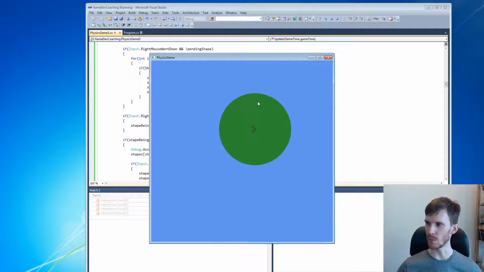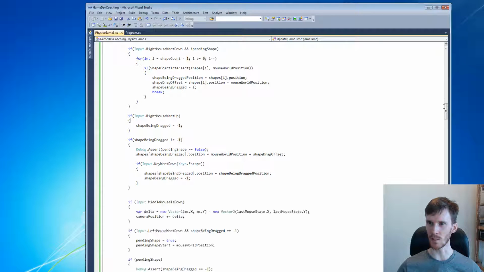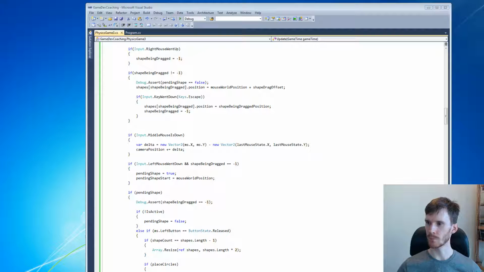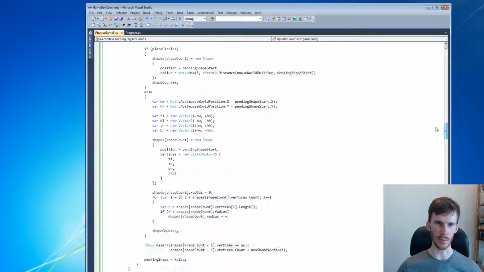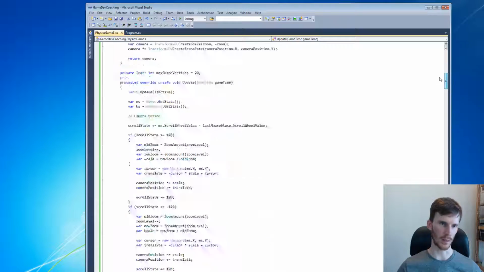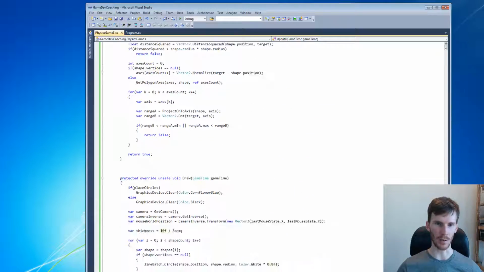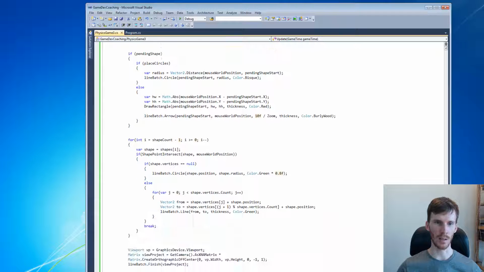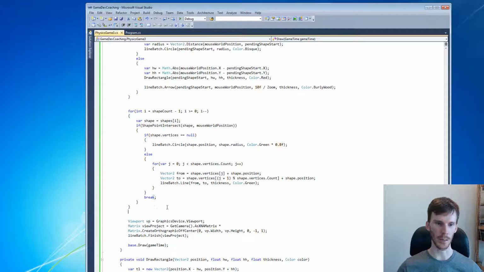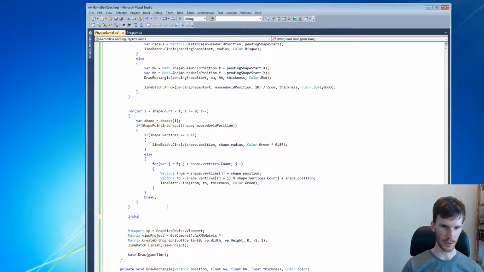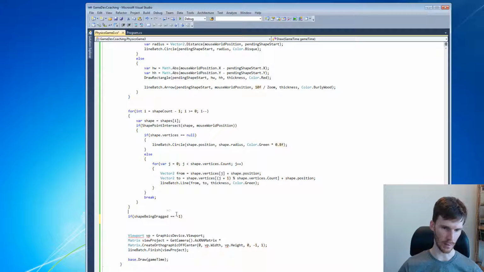Oh boy, Windows. So I think that's everything we did. I think I did one more thing. We tried to clean this up a little bit, but it's fairly clean. There's one more thing I wanted to do, and that was to set us up for next time, and that is now when we're dragging a shape, if shape being dragged is not equal to -1,